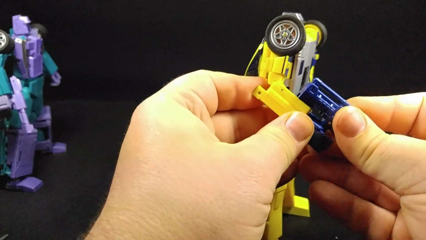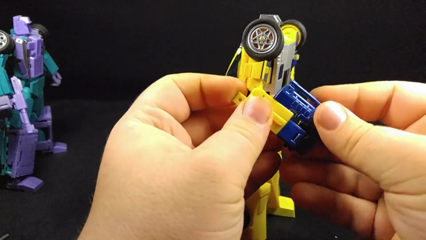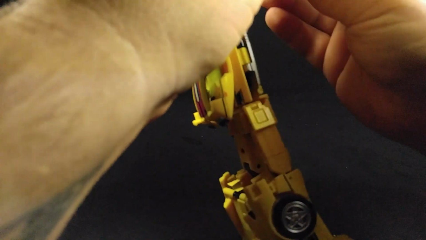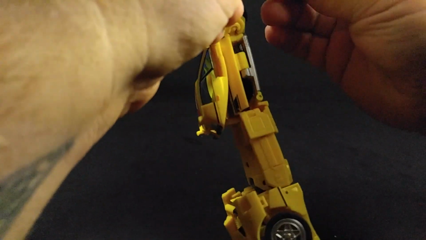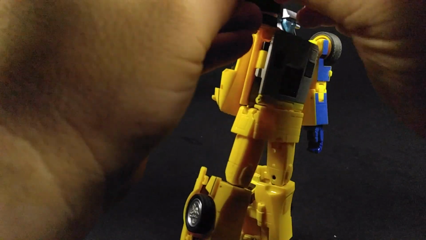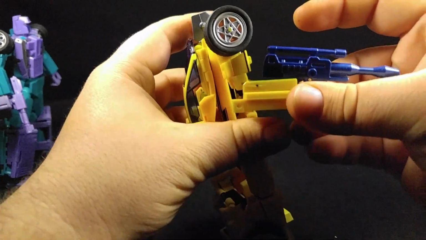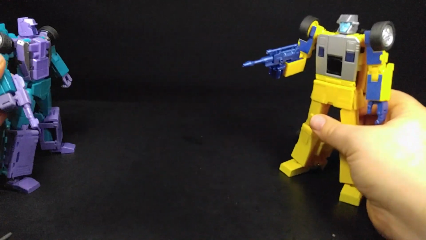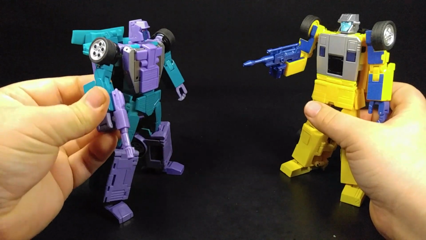But other than that, we're just gonna give him his little hand weapon, and he holds it as most standard Masterpiece held weapons are held. If I can wiggle it in there. There we go. Tight fit. I like it. I dig it. Tighter fit, I would say, than how Breakdown holds his. So,